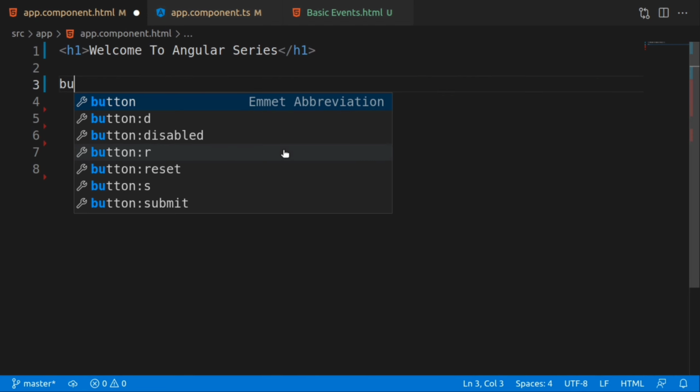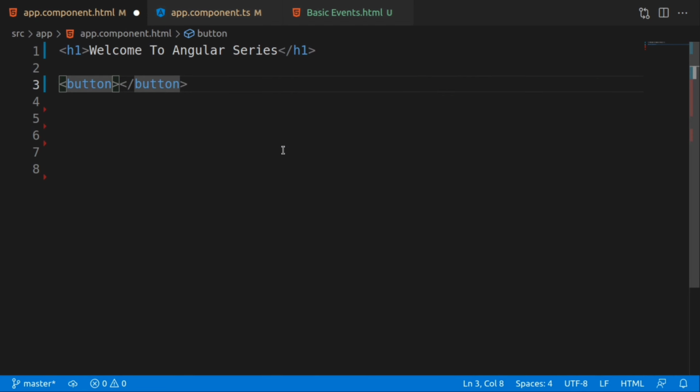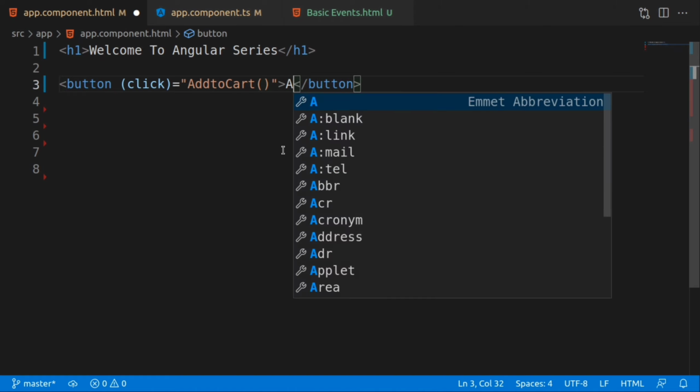Let's take an HTML button, and inside the button I can write the click event, which is under brackets, and it will call a method, the add to cart method, and we will give this button the name add to cart.